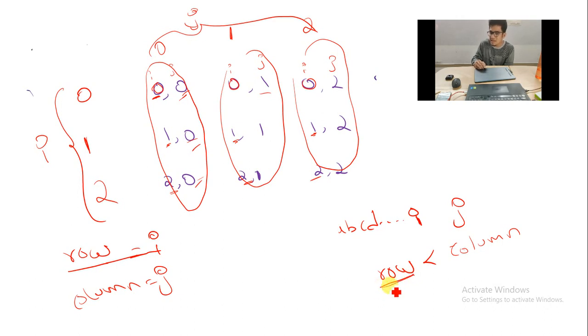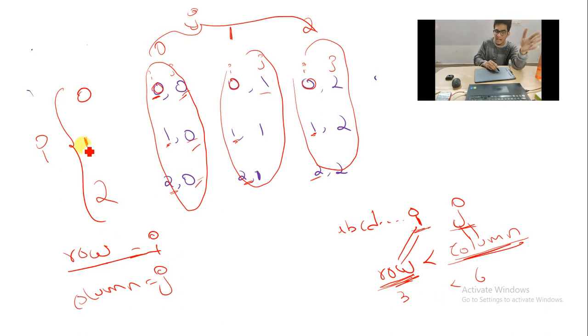How many letters are there in row? 3 letters. How many letters are there in column? 6 letters. Yes, row is smaller than column. And alphabetically, I is smaller than J because I comes first, J comes later. That's why it matches: I means row, J means column. So I hope you have understood that row means I, column means J.